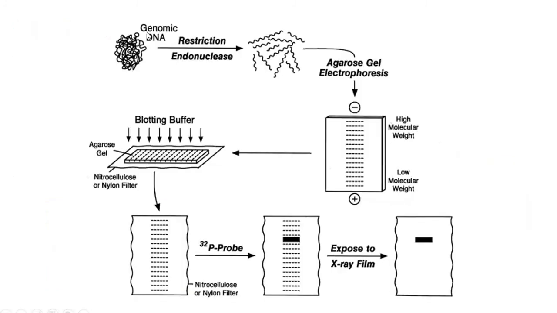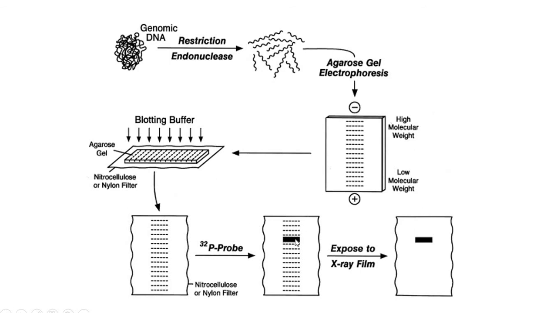First the genome is isolated and cut by restriction digestion. It is fragmented into multiple fragments that can be separated using agarose gel electrophoresis. After that, the gel is transferred to the blotting apparatus. Over the blotting apparatus, the nitrocellulose filter paper is there. The DNA present in the gel is transferred to the nitrocellulose filter paper. The nitrocellulose filter paper is baked using an oven, and then the DNA probe is added.